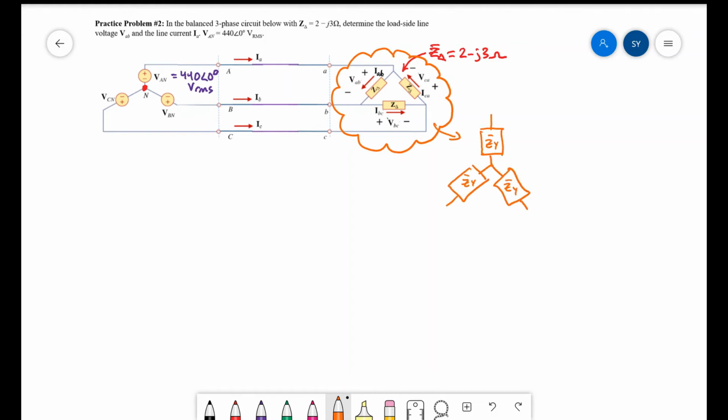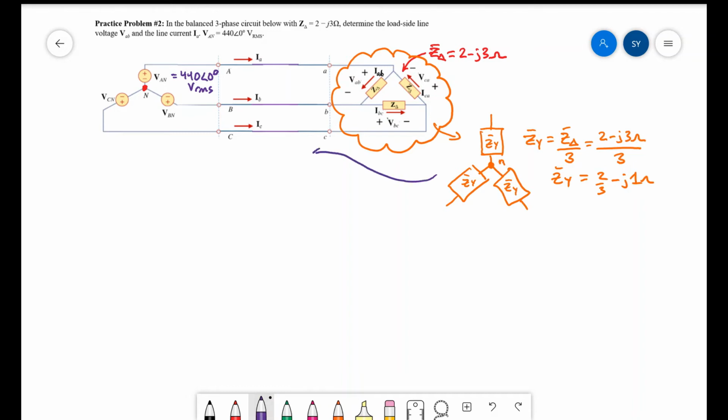In this Y load, each of the impedance legs, ZY, has got to be equal to Z delta divided by 3. In this case, that comes out to 2 minus J3 ohms divided by 3. That equals 2/3 minus J1 ohm. Now that I have an equivalent Y load that has a neutral point, I'm ready to use a single-phase equivalent